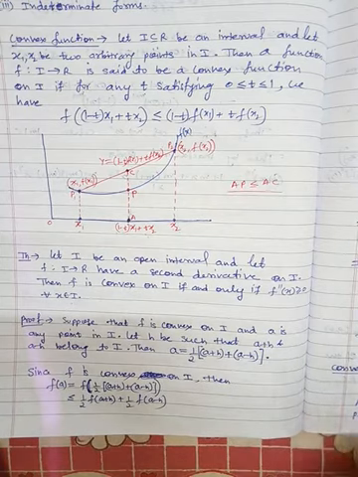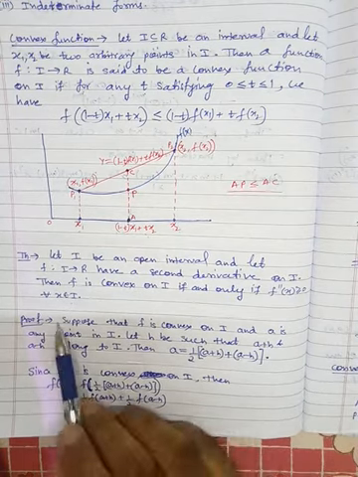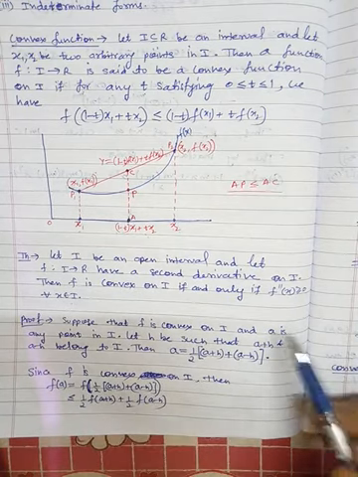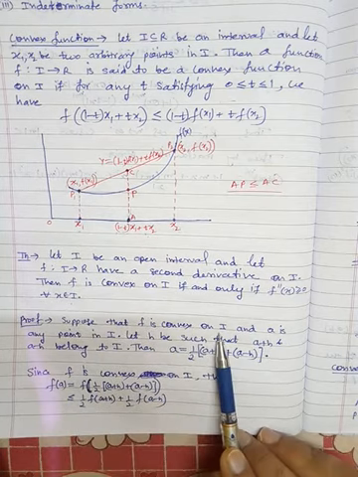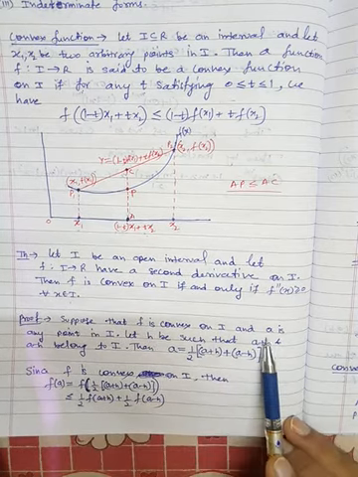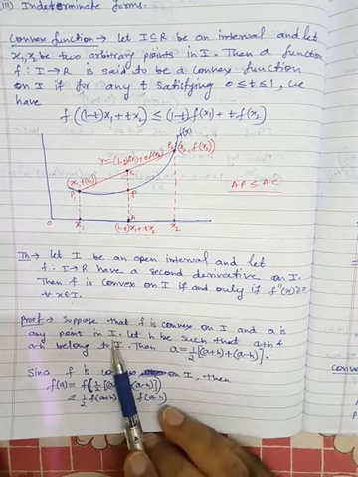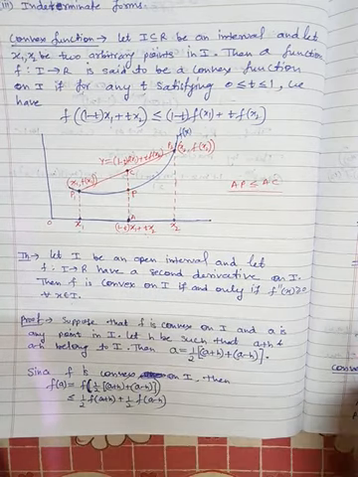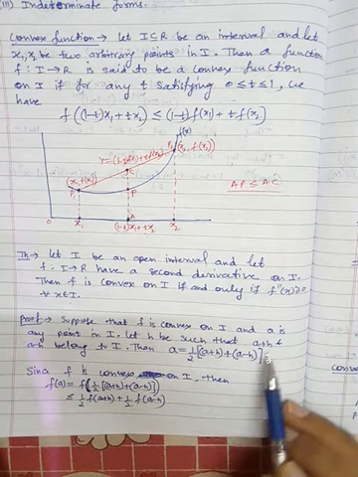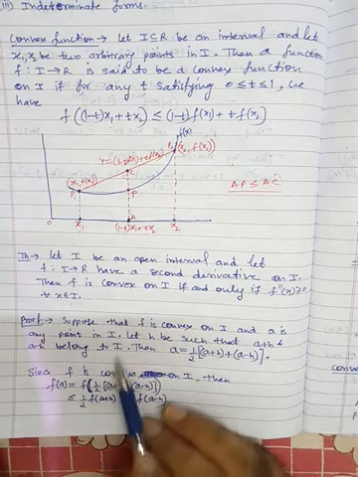So we have to prove this. So first is the necessary part. So suppose the function is convex. So suppose that f is convex on I and a is any point in I. a is any arbitrary point here. Okay. Let h be such that a plus h and a minus h belong to I.